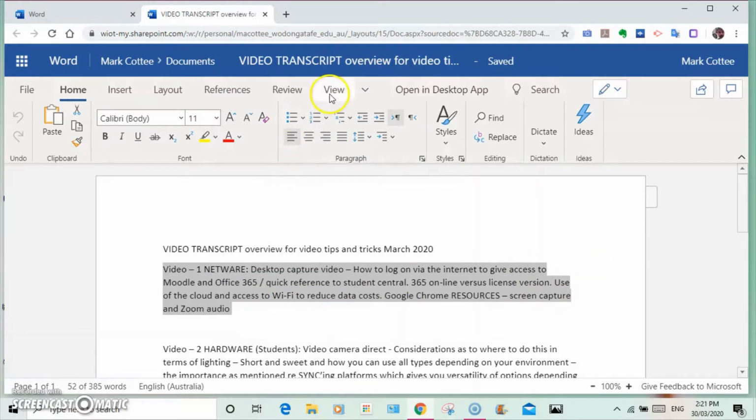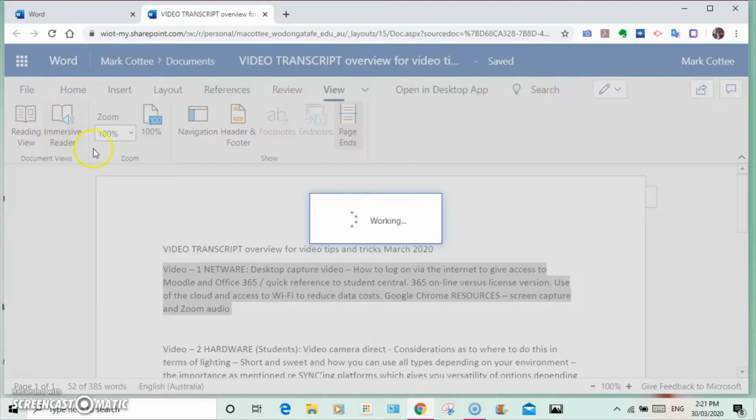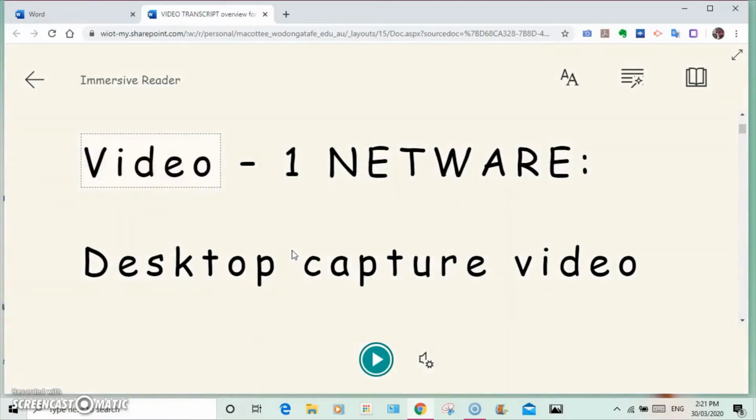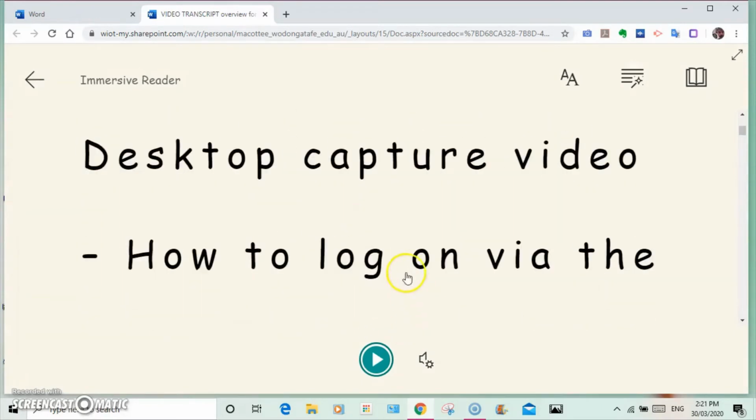Where it is, it's under the View tab. So if I go to the View tab, you'll see a thing called Immersive Reader. So I'm going to start putting that in now. It brings you up to this screen, which is really cool, and you'll notice that this is the same function